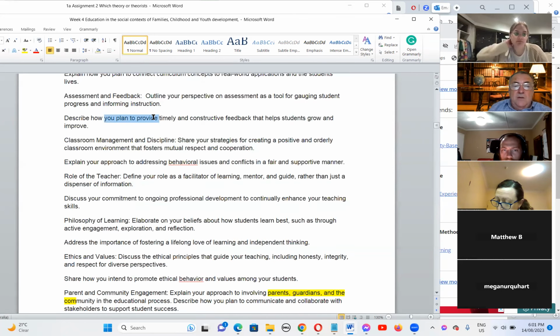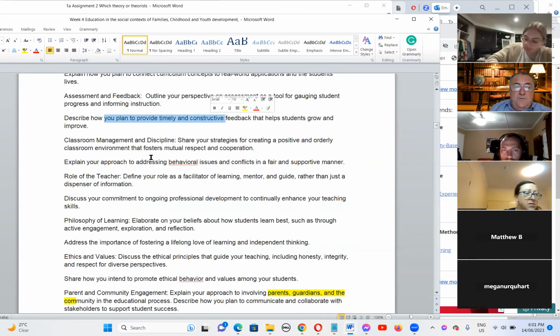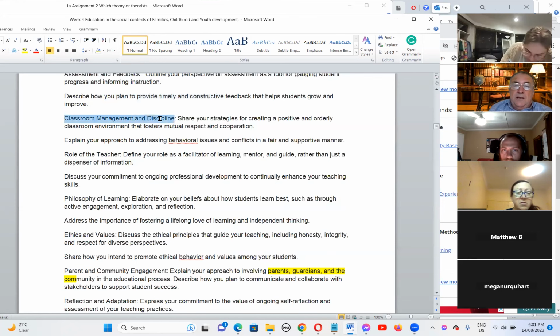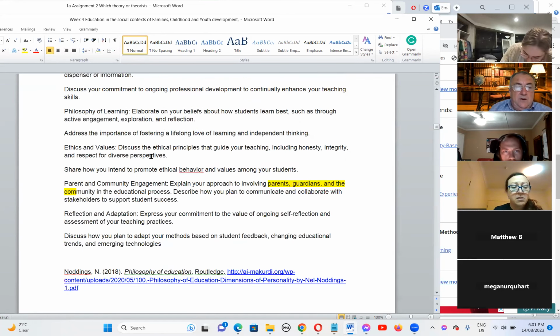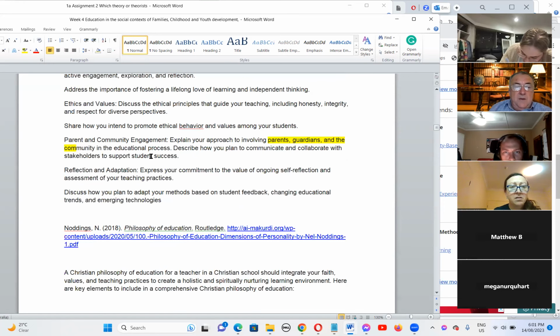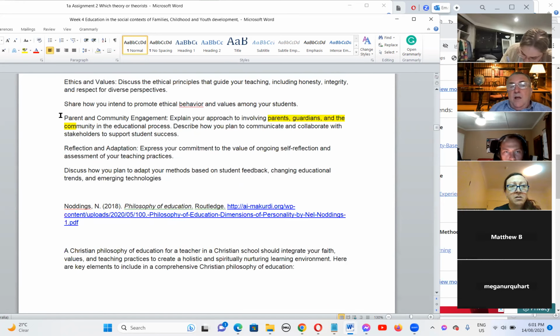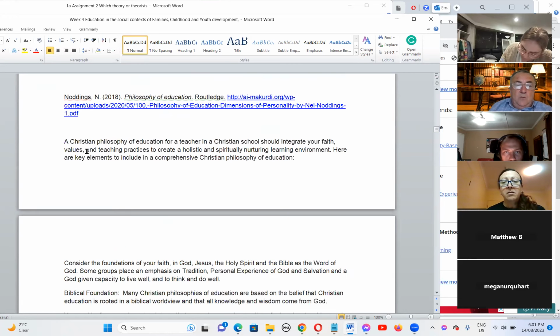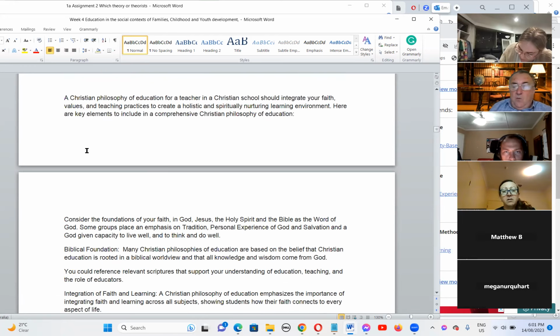You could describe how you plan to provide timely, constructive feedback. You could certainly talk about classroom management and discipline and behavioural issues. So all of these can be included, including ways in which today we're talking about connecting with parents and families and also connecting with workplaces, showing that you're aware of the diversity of workplaces.